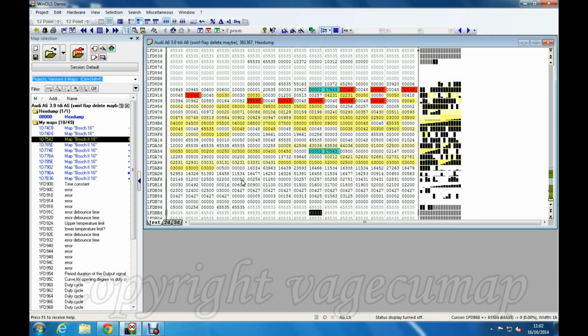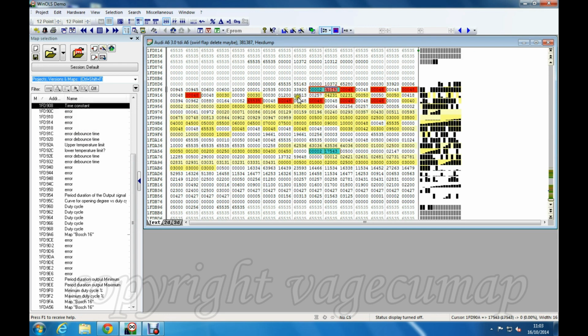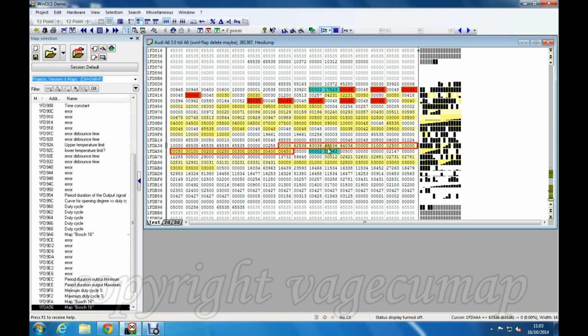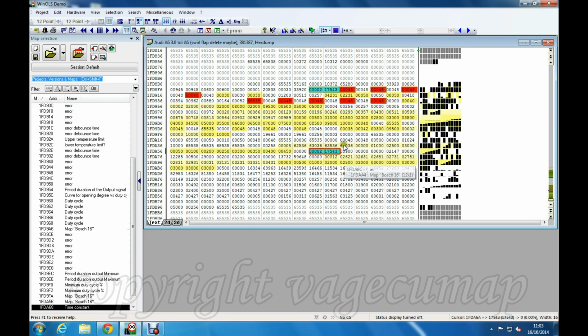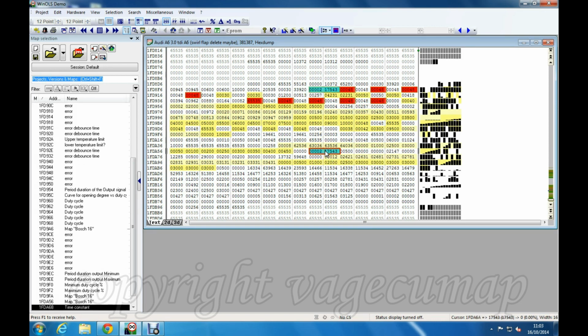This is deliberate in the sense that you will know you're in roughly the right area if you look for the green parts. In other words, this bit here, which says 00002 17543 and then repeats down here, this appears to be a time constant that's used in lots and lots of files. So in other words, you find it here at the start of the area you're looking for, and you find it here at the end of the area that you're looking for. So there is a fairly good chance that if you can see these two sets of numbers in the file that you're looking at, you are in the right place.